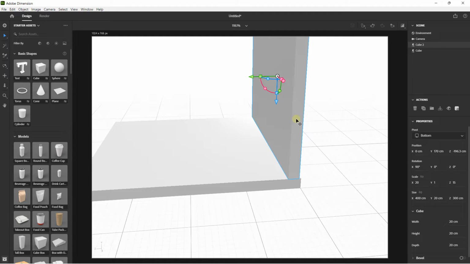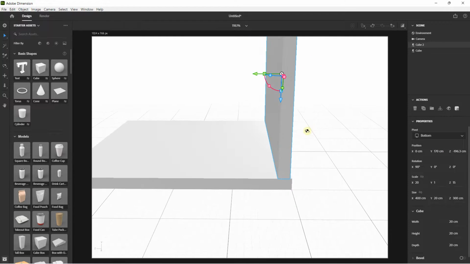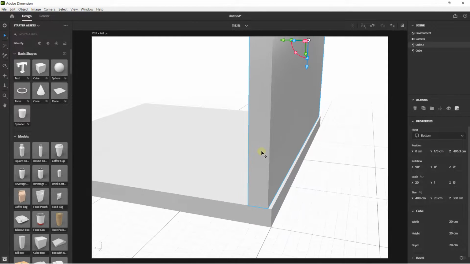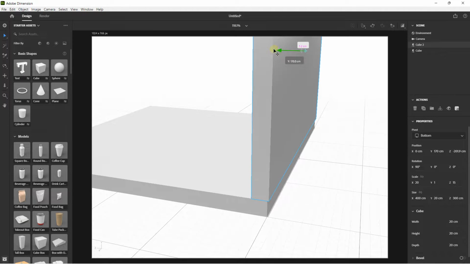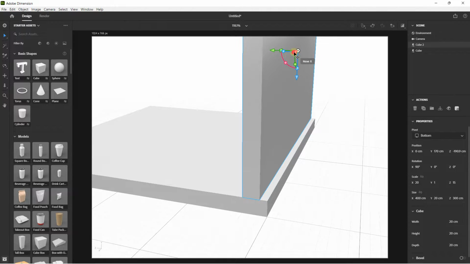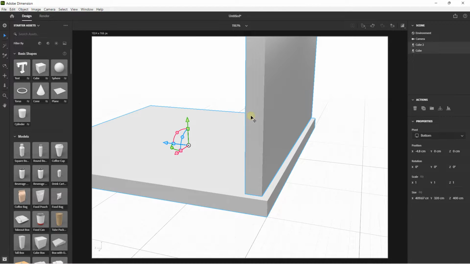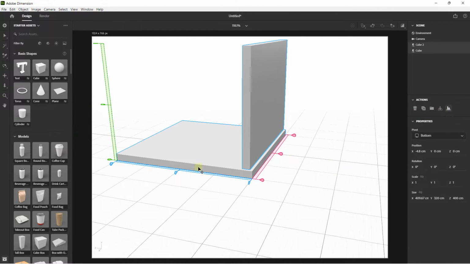So now if I want to work with the alignment, take a glance. It's not perfect here. Even if I move a little bit in this direction, or if I move a little bit in this direction. Select the two elements with Shift. So you select the two cubes with Shift, and you can now open the alignment panels. Now you need to take a glance. You can have the preview.